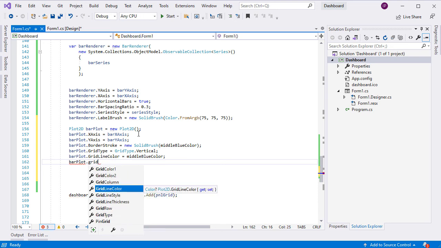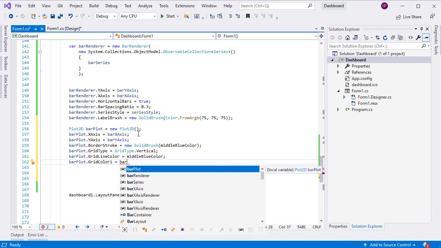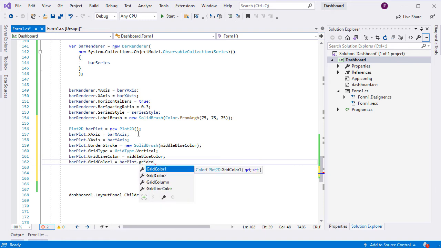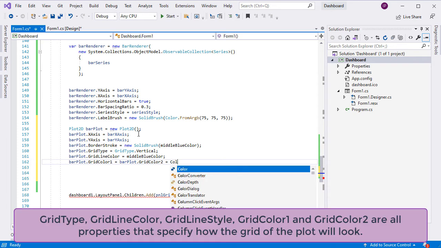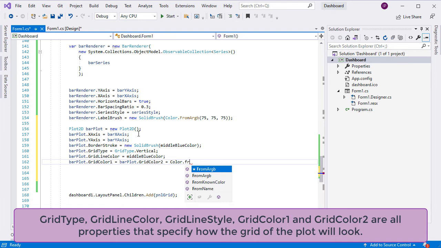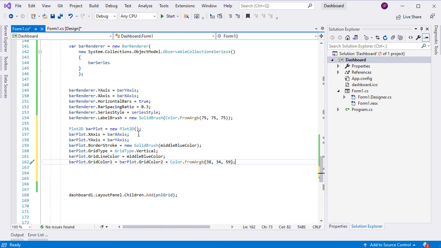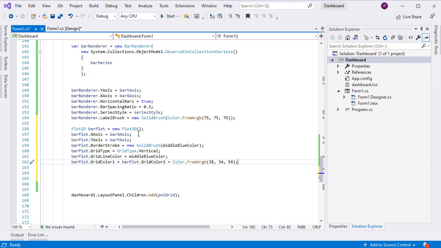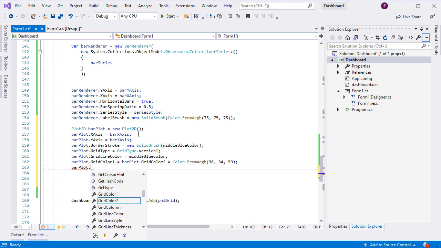The Grid Color 1 and Grid Color 2 properties allow you to specify alternating grid stripes, but we set them to the same color. The grid lines are 1 point thick and the style is dashed.